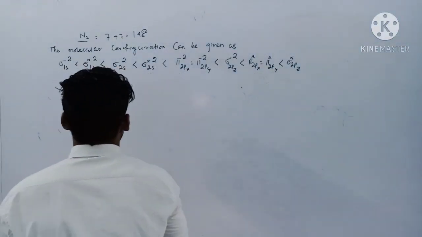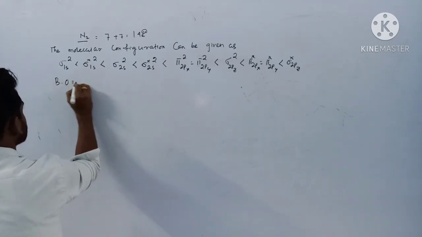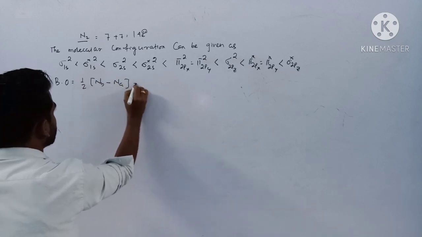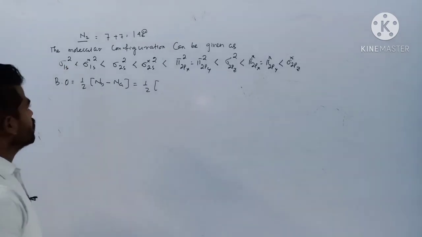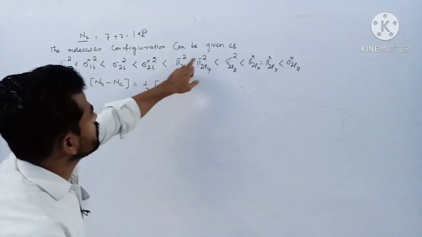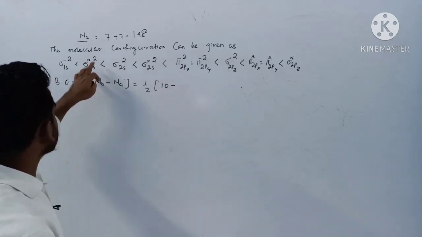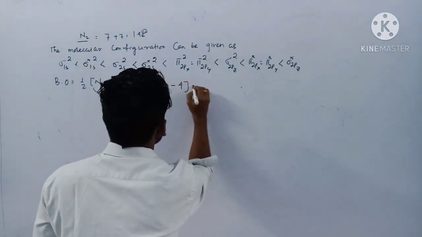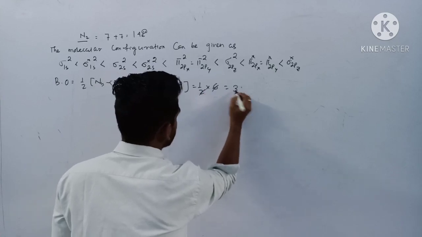So now we just calculate its bond order, that is half into number of bonding electrons minus number of anti-bonding electrons. Half into number of bonding electrons, without the star mark: 2, 4, 6, 8, 10, minus anti-bonding electrons, 2, 4. It's 4, so that is 1 by 2 into 6, so bond order is 3